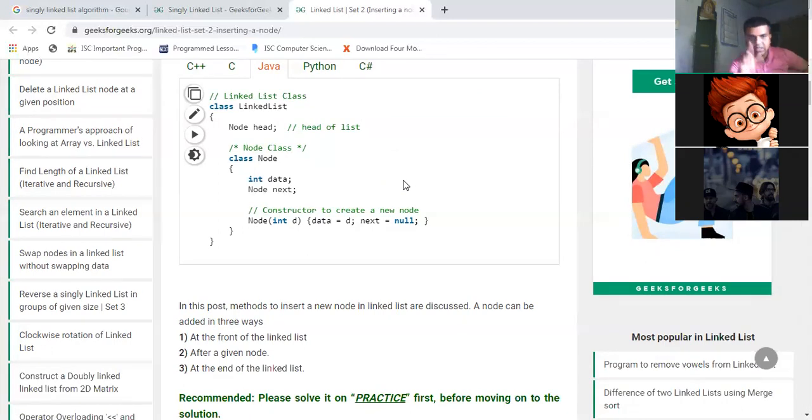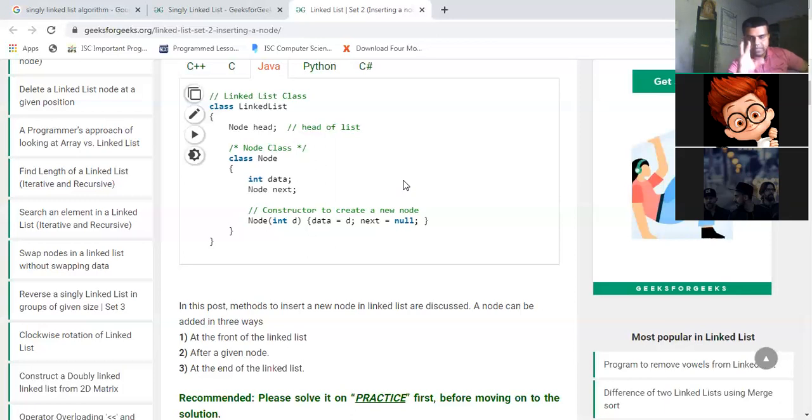Now, if you see in the code, unlike an array, no specific size has been mentioned. Why is it done? Because every time you have to store any value, automatically this class will be called. When this class is called, that is the phase where you are creating a node.